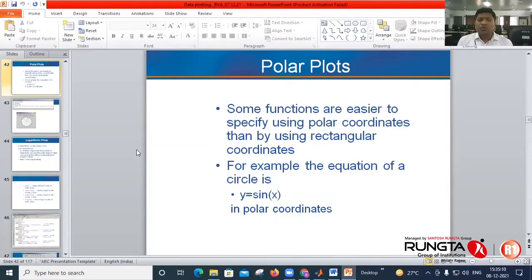Rather than making a graph in the XY window, you can use polar coordinates. Some functions are easier to specify using polar coordinates than rectangular coordinates. For example, the equation of a circle can be easily done in polar coordinates rather than rectangular coordinates.